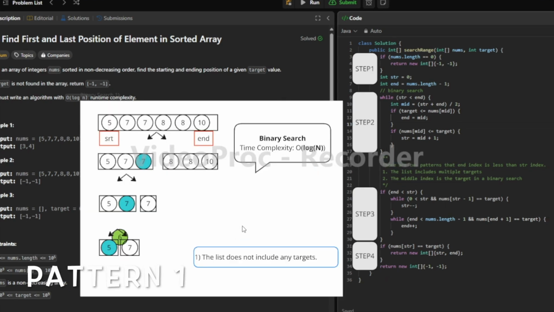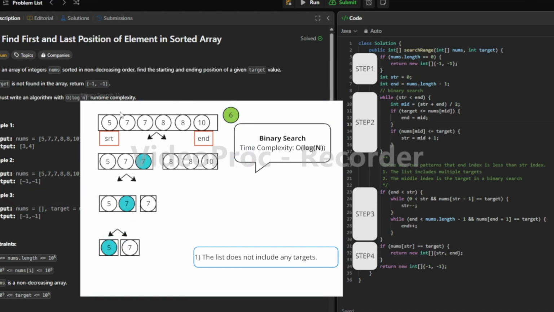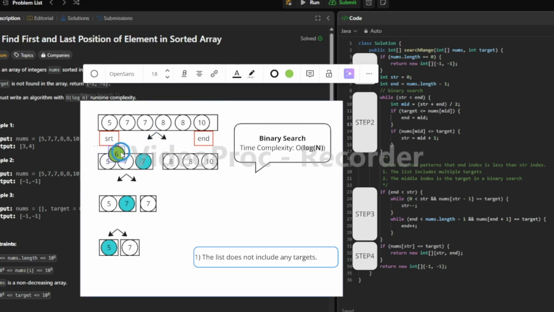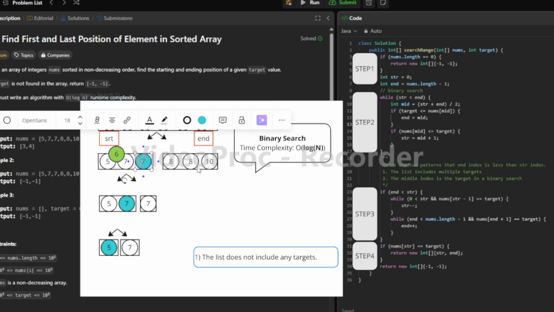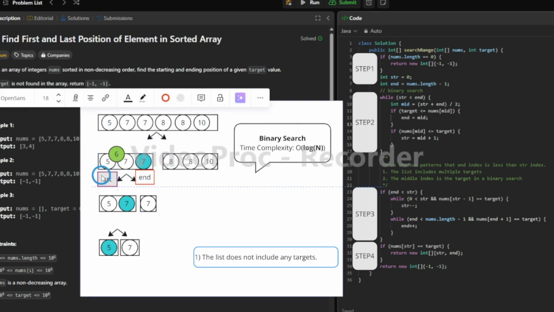Let's look at example 1. The list does not include the target. The target number is 6, and there is no 6. So firstly, at step 1, I set the start and end positions to 0 and the end of the array. After that, at step 2, using binary search, I compare the target number to the middle position. The target is smaller than the middle one, so end will be shifted here, and start is the same,